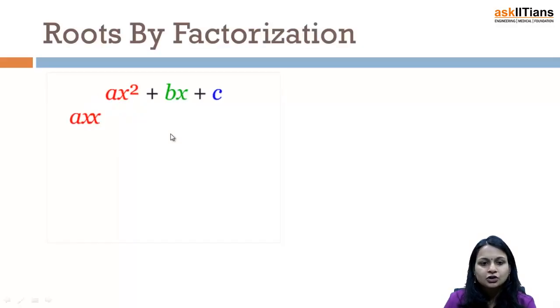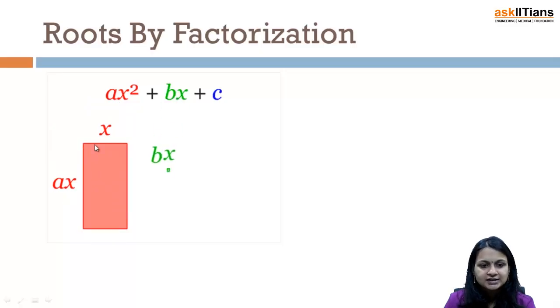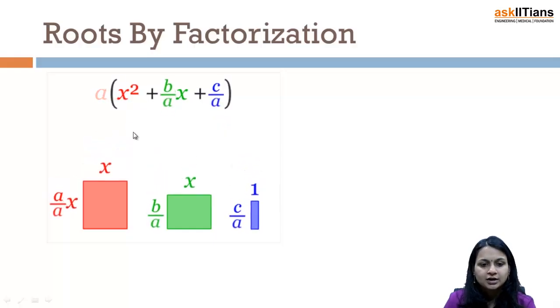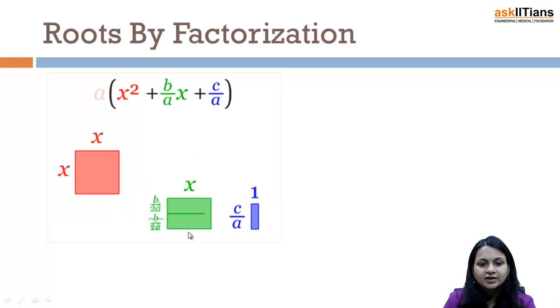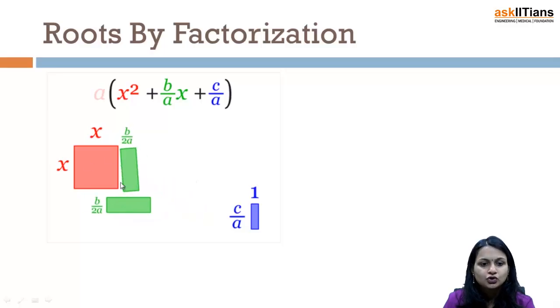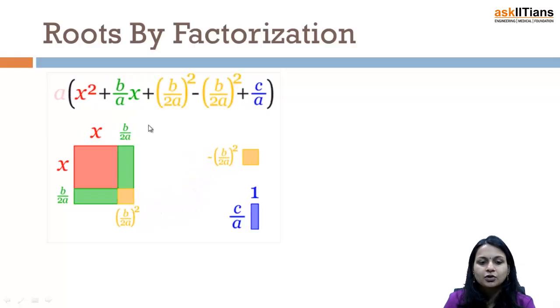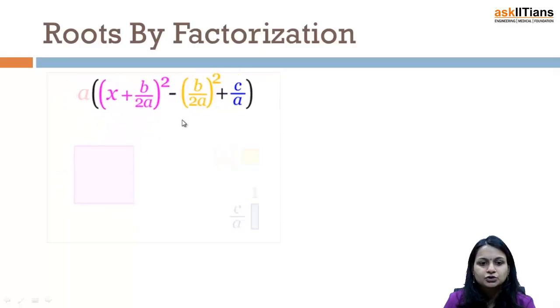Now, if I talk about it geometrically, we can create small rectangles with sides ax and x. Now this bx, again I can create b and x, and for this c, a rectangle with length and breadth c and 1. Dividing it by a will give me a square with x and x, a rectangle with b by a, so dividing it in two and joining it here and here. Now to complete it into a square it requires b upon 2a, so I will add it and subtract it here also. So again I will get this equation in this form, and now I can say that I got a complete square, x plus b upon 2a whole square.